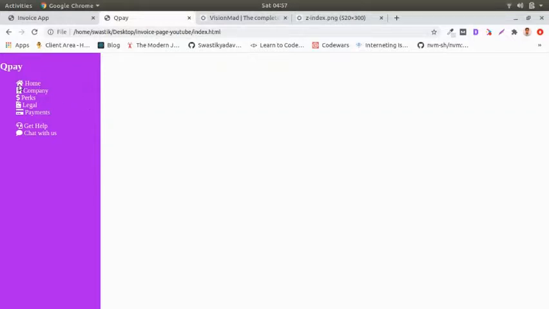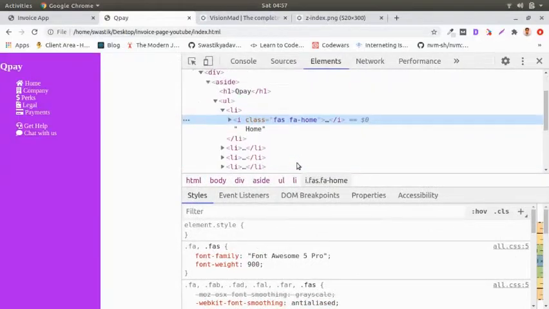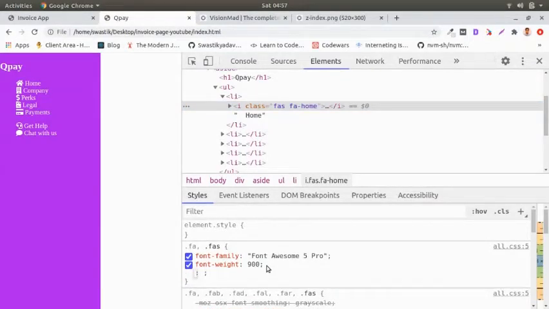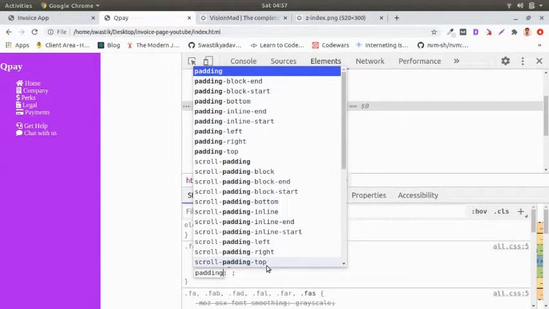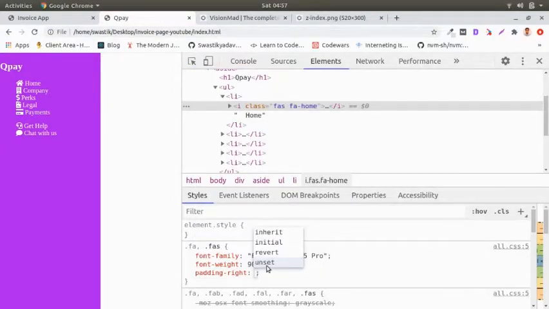What do I mean by that? If I just inspect it, yeah, there we have it. If I give all of them a padding on the right, say 5 pixel, no, not padding, because padding of 5 pixel will be relative to each one of them, so it will still not be aligned.